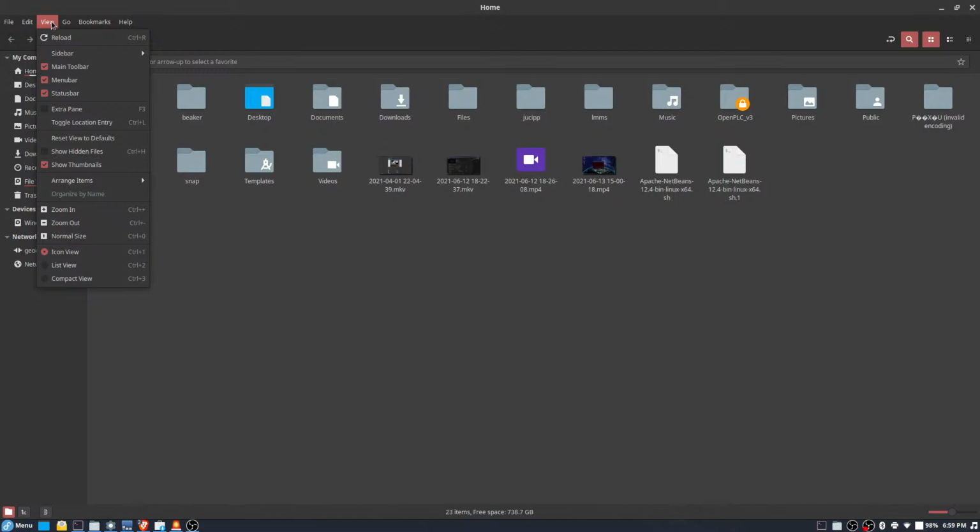Symbolic icon size. I think that might be... Nope. Oh, jeez. Customize. Let's see. Oh. Okay.